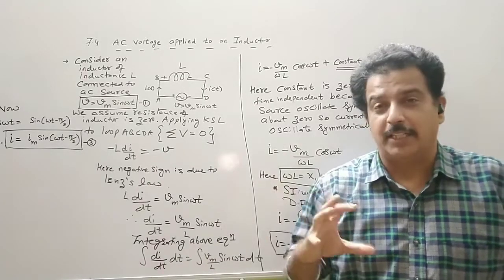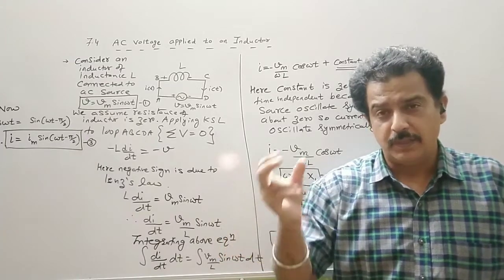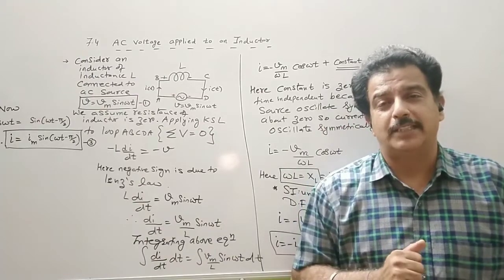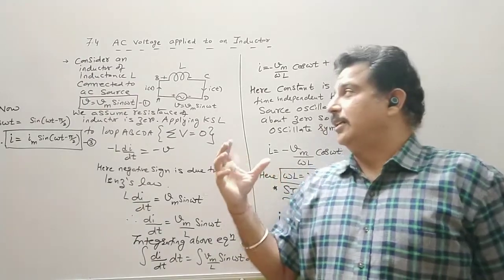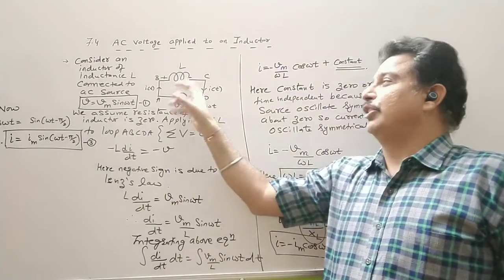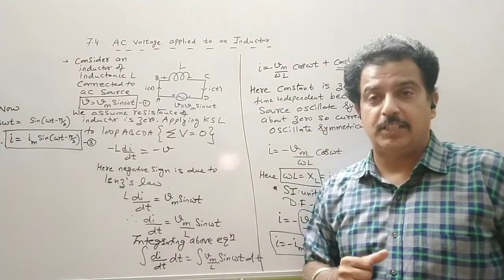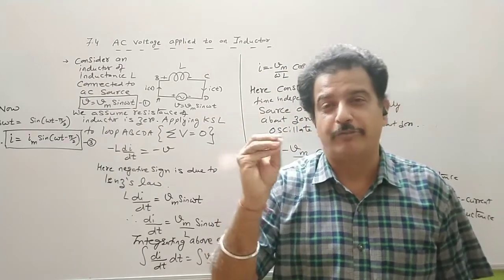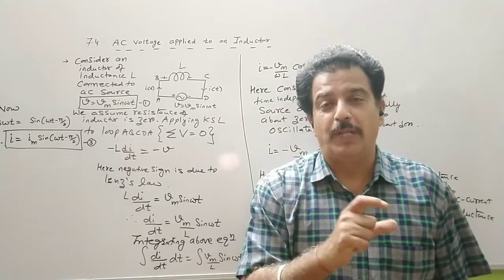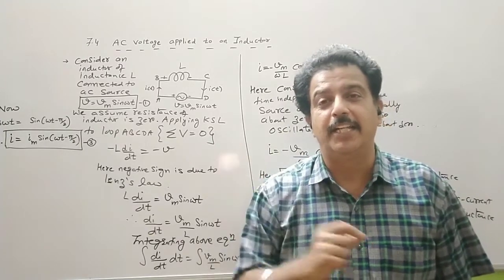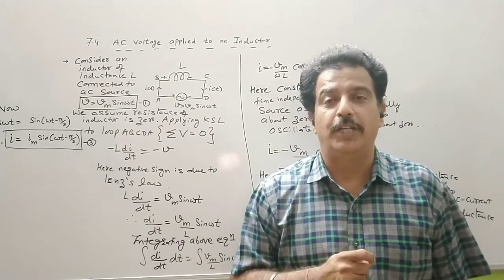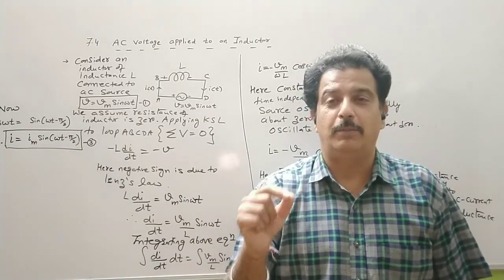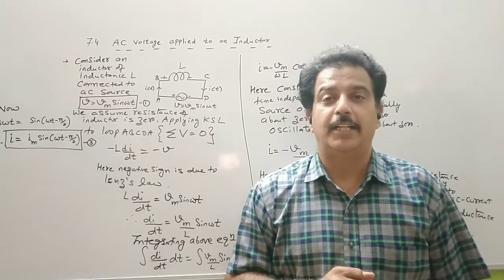So by the time the current gets established, the flicking takes place, or the current is not established. For example, let us take an example of a tube light. A tube light is connected to an AC source. Now you have seen that when you switch on the tube light, it flickers for a few seconds. So in that tube light we have an inductor. That circuit is inductive. Inductor is a main component in the tube light. We are not talking about CFL or LED. We are talking about a simple tube light which is an inductive circuit.